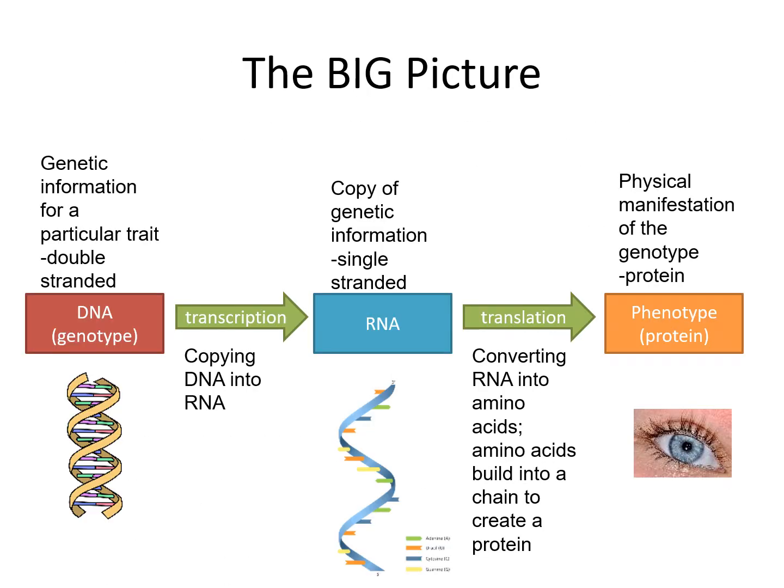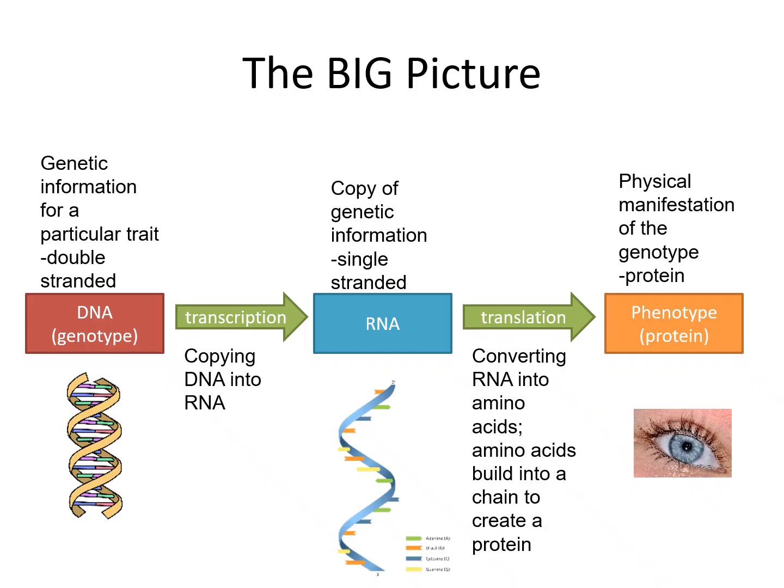Now, let's pull it all together back into the big picture, and I'm going to do this again, but with a little bit more detail. So we are starting with our double-stranded DNA that is made up of A's, T's, C's, and G's. Your DNA is genetic information that will code for a particular trait. That is called a gene. Now again, our DNA is double-stranded, and on our DNA we find our genotype, that genetic information that codes for a particular trait. From there, our DNA, the A's, T's, C's, and G's, just one strand,